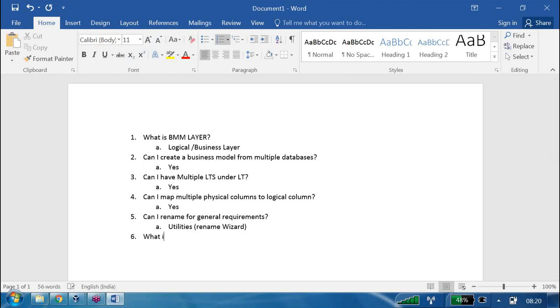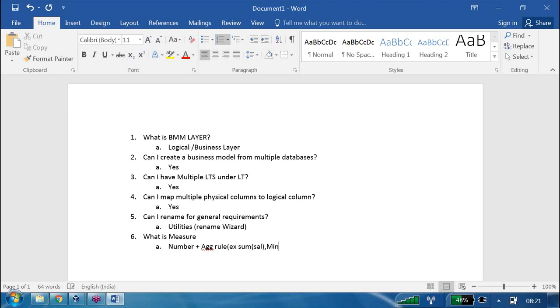What is a measure? Any number column plus aggregation rule is nothing but a measure. For example, if you are writing sum of salary, that is a measure.